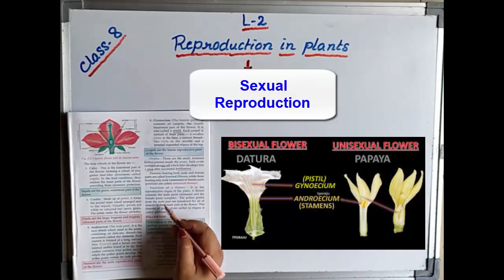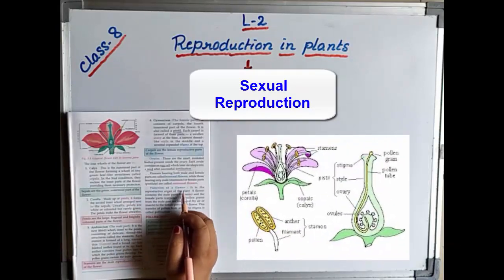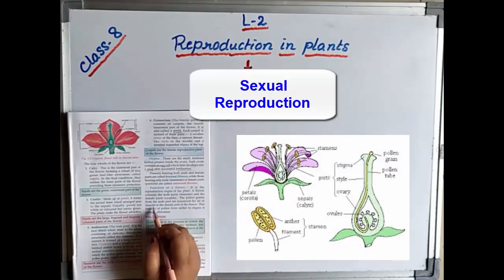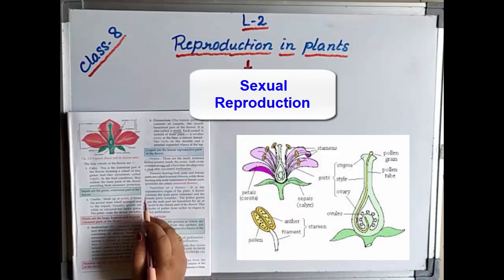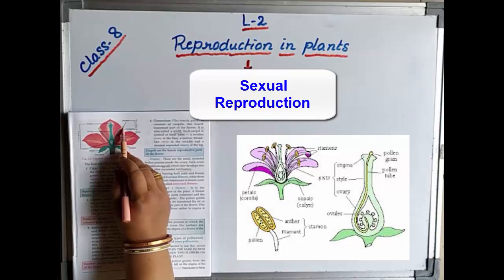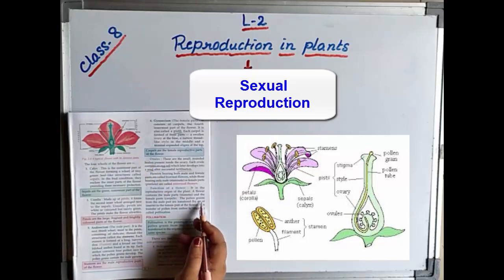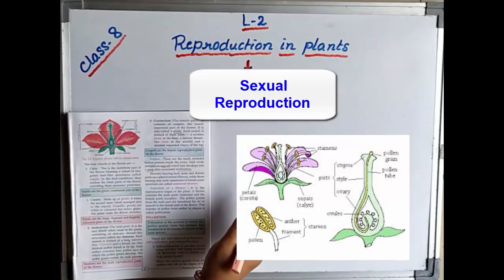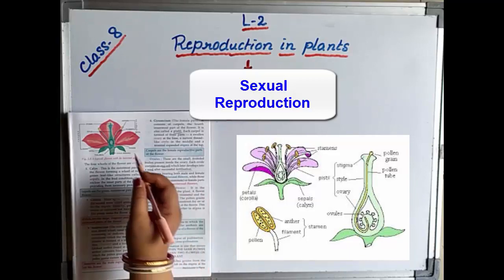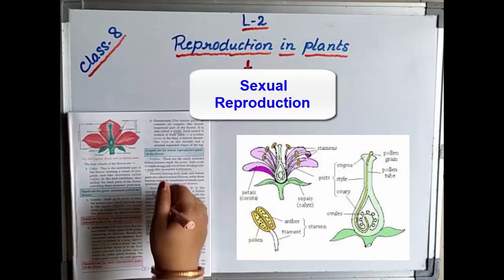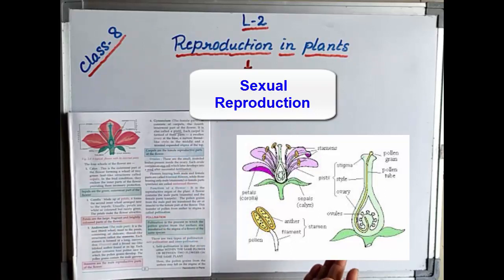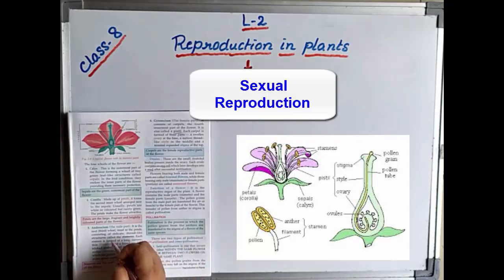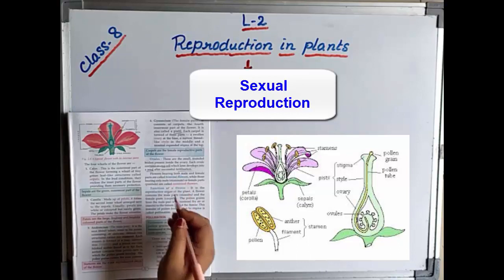Now what is the main function of the flower? I have already told you that the main function of the flower is that it is the reproductive organ of the plant, because it contains the male part, the stamen, and the female part, the carpel. The pollen sac contains the pollen grains inside. These pollen grains are transferred by air or with the help of insects to the female part of the flower. It can be the same flower, or a different flower of the same plant, or a different flower of a different plant. This transfer of pollen grain from the anther of the androecium to the stigma of the gynoecium is known as